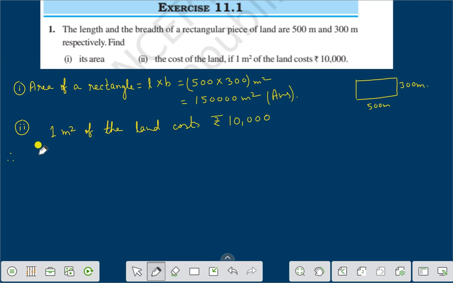Therefore 150000 meter square of the land costs rupees 10,000 into 150000, and that comes to rupees